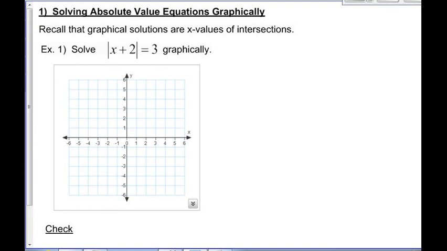Solving absolute value equations graphically is pretty simple. All we do is look for x values of intersections. So if I want to solve absolute value of x plus 2 equals 3 graphically, let's see. I know how to graph each one of these. So if I graph this side and graph this side, I'll have y equals absolute value of x plus